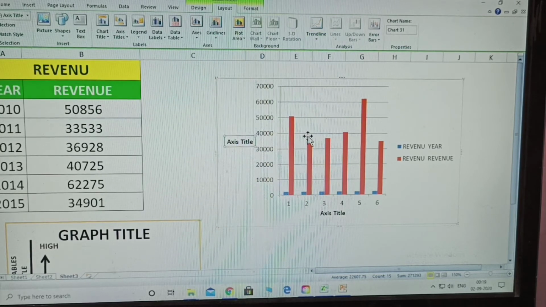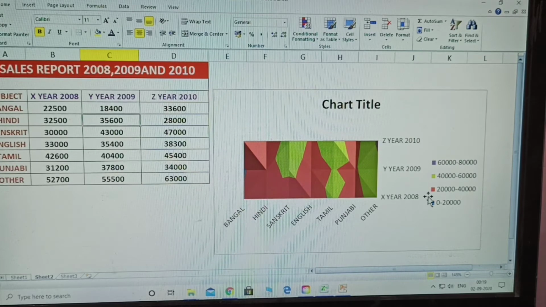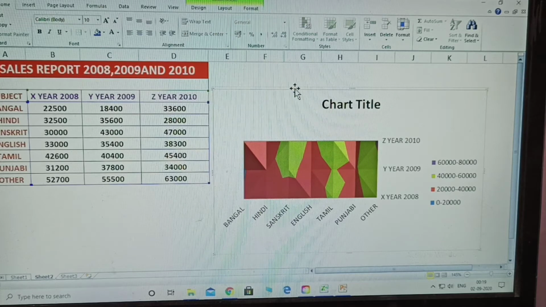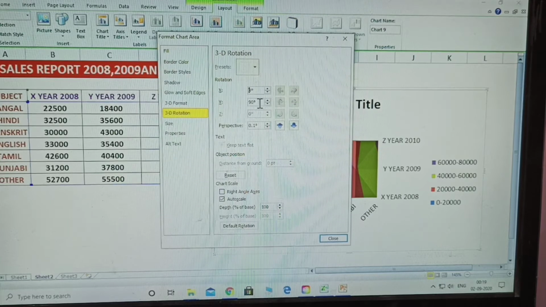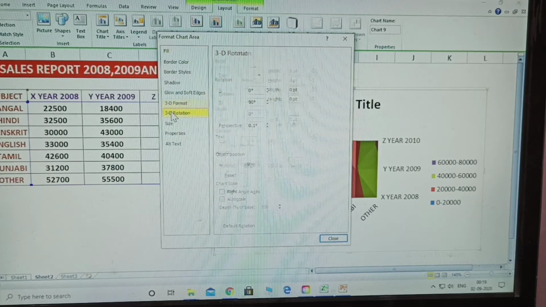Okay, if you take a 3D chart, it will display three axes: Z, Y, X. Once you change it, first click on the chart and go to the Layout tab. 3D rotation is there. See here, X axis, Y axis and Z axis. 3D format is another option, 3D rotation is another.